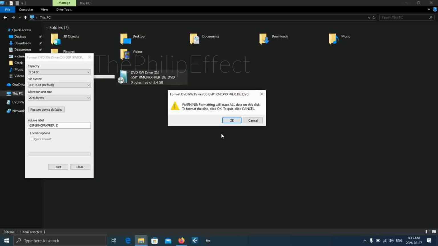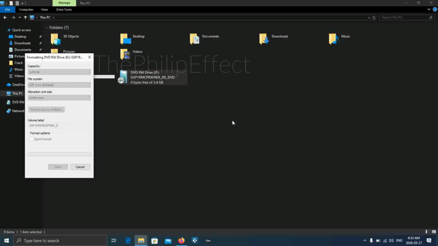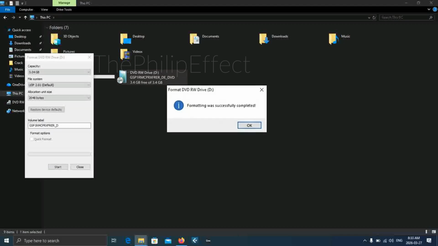And then you get this notification which says formatting will erase all data on this disk. To format the disk, click OK. To quit, click cancel. But what we want to do is click on OK. So we'll click on that. Then you just wait. And when it's through,